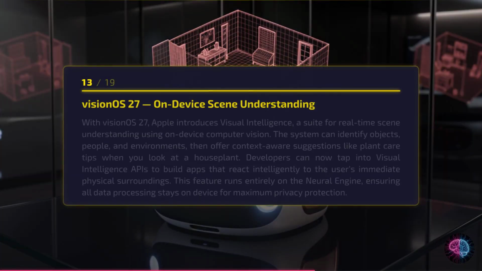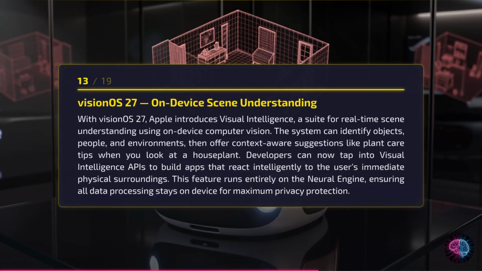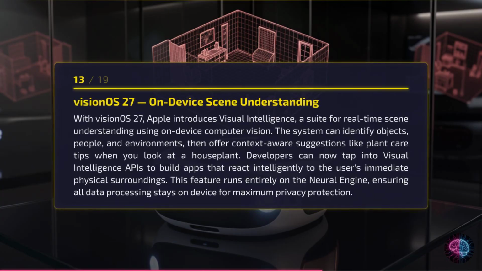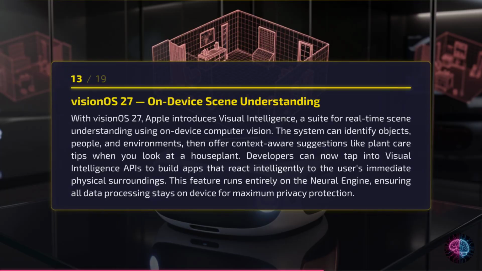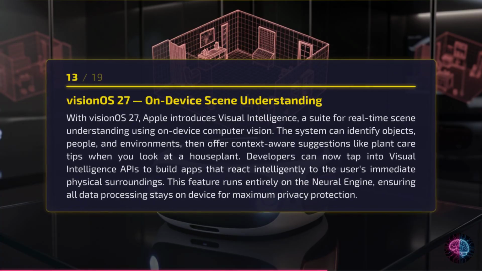With visionOS 27, Apple introduces Visual Intelligence, a suite for real-time scene understanding using on-device computer vision. The system can identify objects, people, and environments, then offer context-aware suggestions like plant care tips when you look at a houseplant. Developers can now tap into Visual Intelligence APIs to build apps that react intelligently to the user's immediate